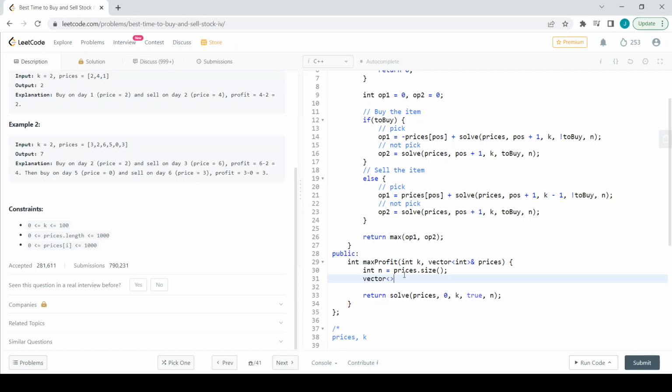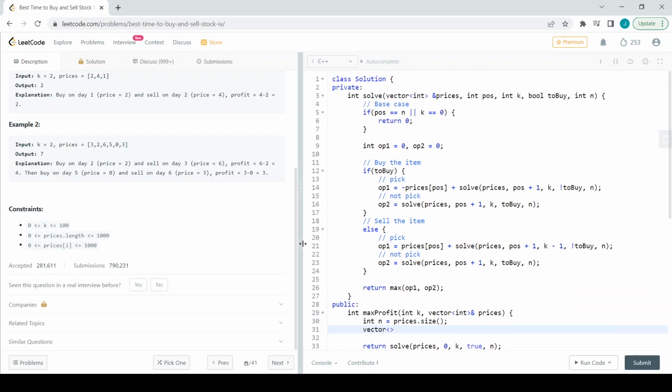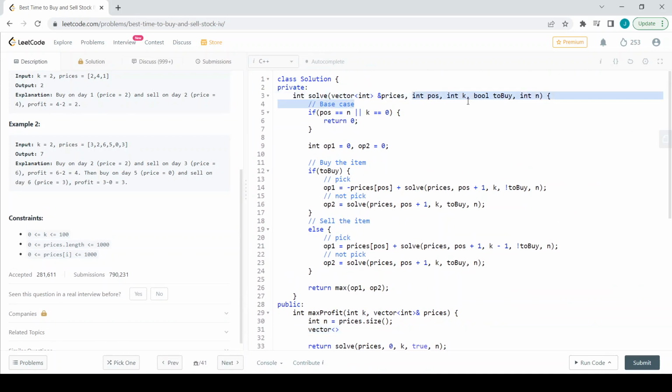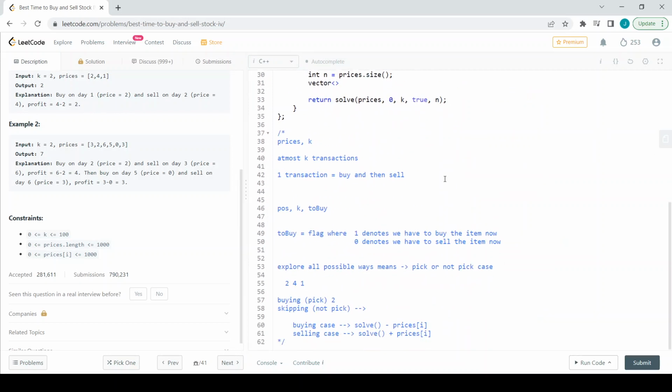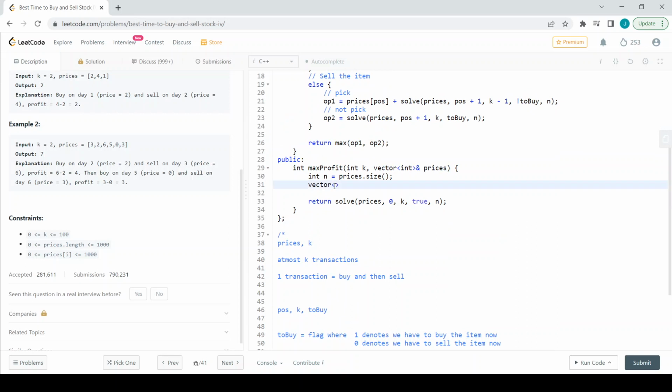How can we memoize this? We want to see what the changing parameters are, and how many parameters are changing. There are 3 parameters that are changing: position, k and to buy. So we can declare a 3D DP array, a vector of vector of vector of int. Here we have declared a 3-dimensional array dp,